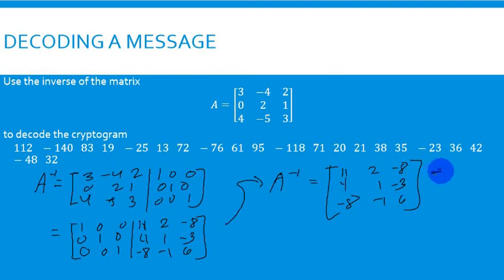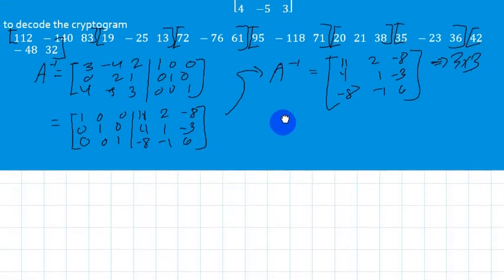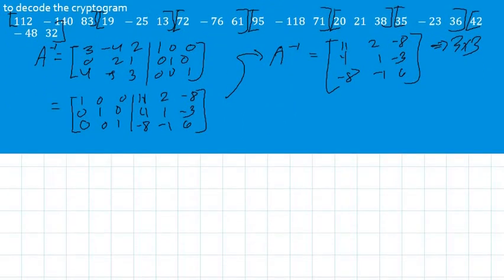Since we have a 3 by 3 matrix, we need to group this cryptogram into 3. So that's 1, 2, 3, 1, 2, 3, another 3 here, another 3, another 3, another 3, and that's 42, negative 48, 32. No zeros, so we're good. So let's just go up that a bit. Let's decode the first one. 112, negative 140, 83,